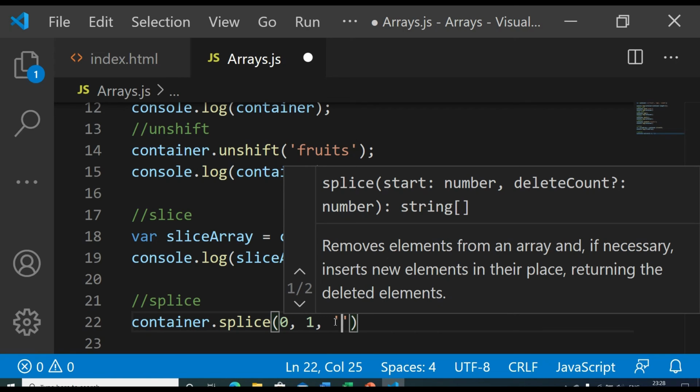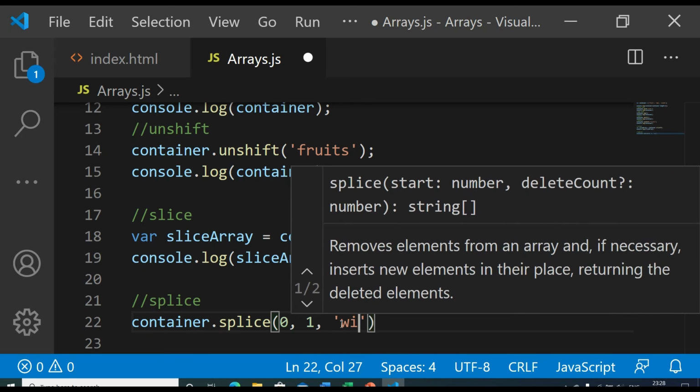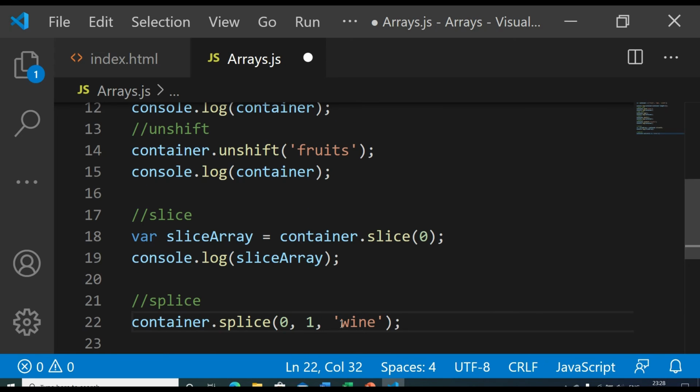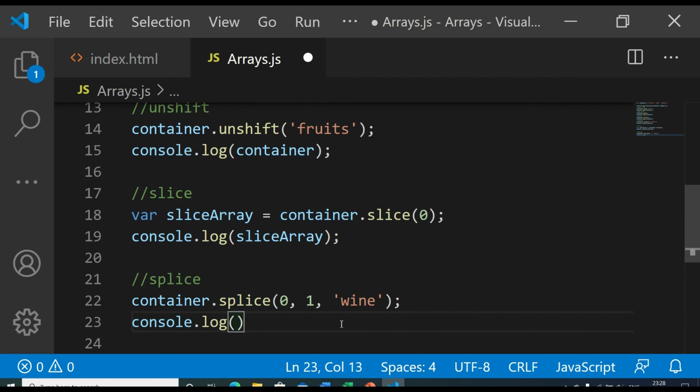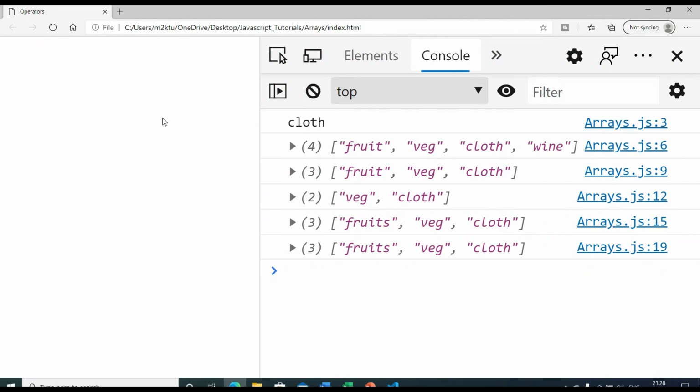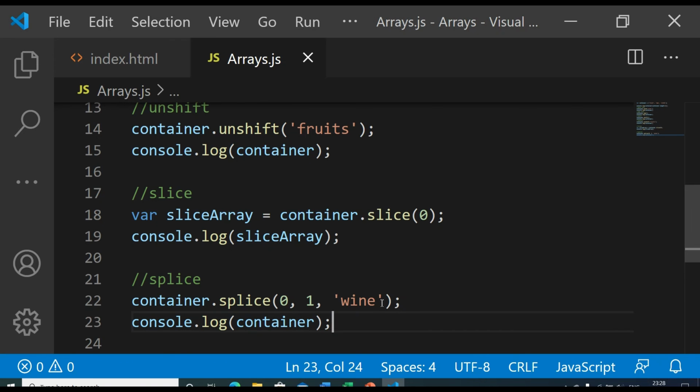We are deleting fruit right now, because we are starting at index 0 and deleting 1 item, so fruit will be deleted because that is our first item. Then instead of fruit I want to enter, let's say, wine. So fruit will be deleted and wine will be inserted, and we can check that using container. This is affecting container. So we can see in container now we have wine instead of fruit.